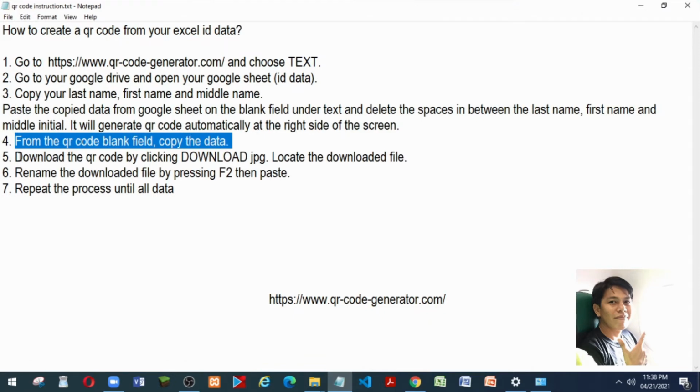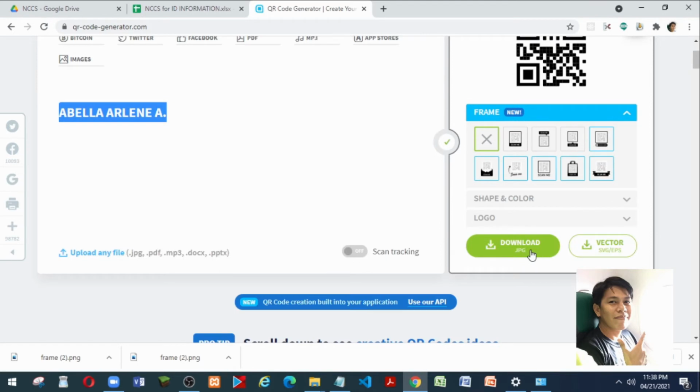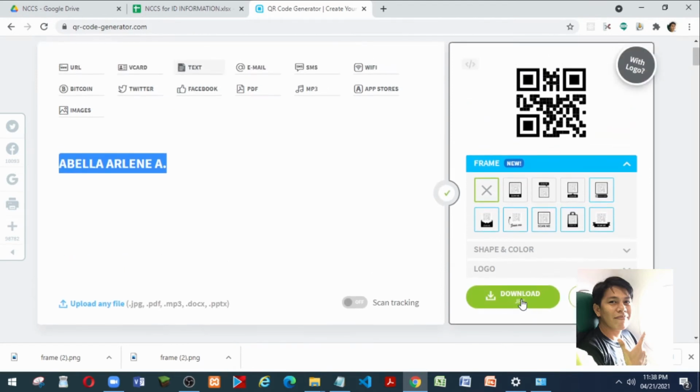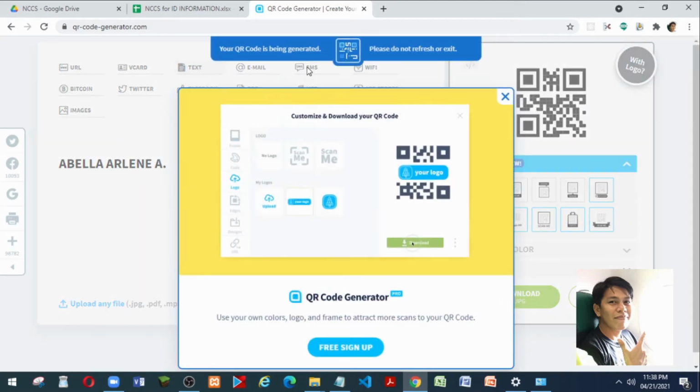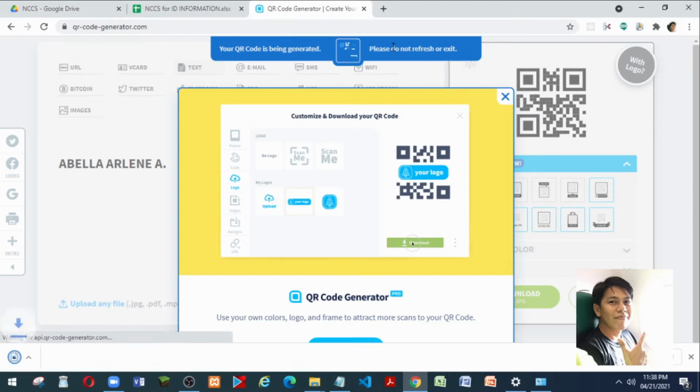Next is downloading the QR code. So as you can see here, there's a download.jpg. So when you click that one, it will generate a QR code. It says your QR code is being generated. Please do not refresh or exit. So that means you have to wait until such time that the QR code is downloaded. So here it is. So once it's done, you can